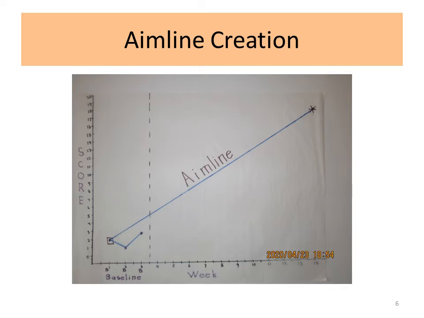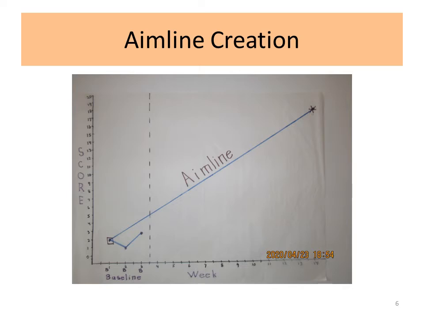The middle ranking number for the baseline is 2. 1 is the lowest, then comes 2, and then comes 3. So 2 is the middle ranking number. You take that middle ranking number, wherever it might be. It doesn't make any difference where it is. You draw a box around it,